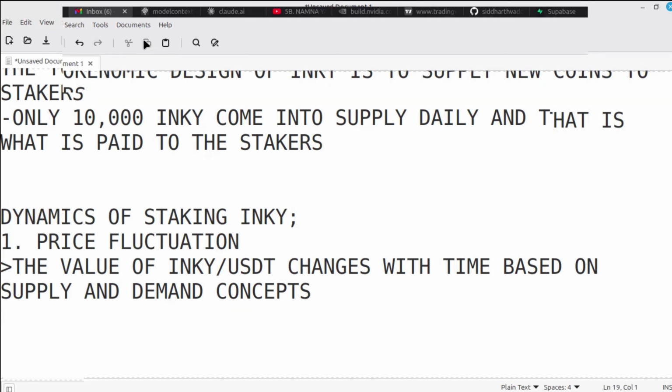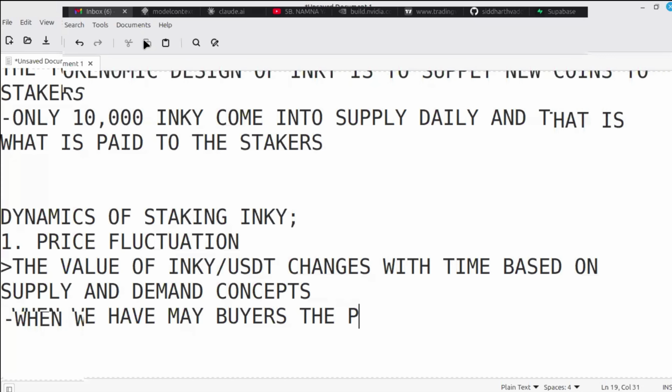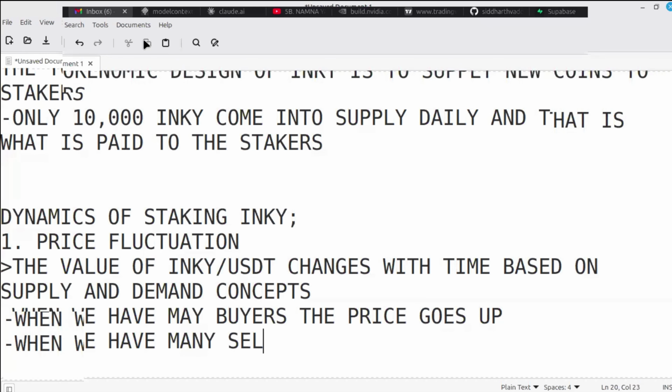Now, it's this simple. When we have many buyers, the price goes up. When we have many sellers, the price is going to go where? When we have many sellers, the price goes down. It is that simple. With Inkryptus,